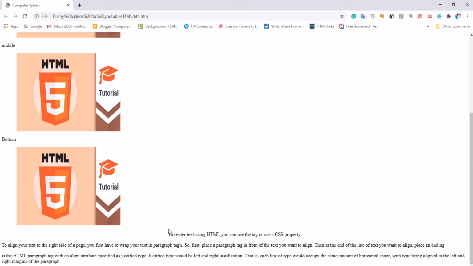The values used with horizontal and vertical attributes specify the padding in pixels. We can control the padding on the left or right of an image with the H space attribute, and the padding above or below an image with V space. H space is for horizontal and V space is for vertical space. So this is how we use it.